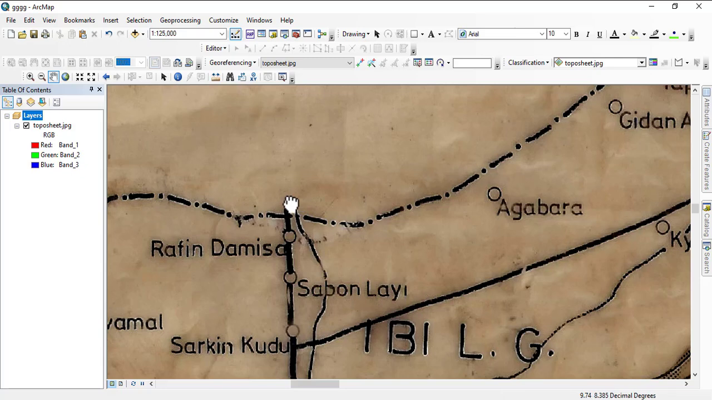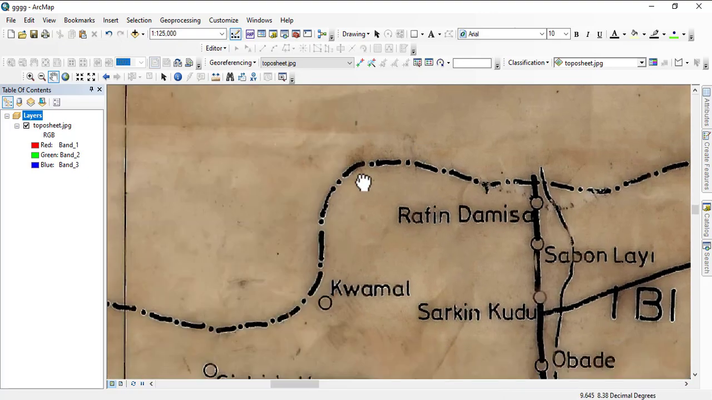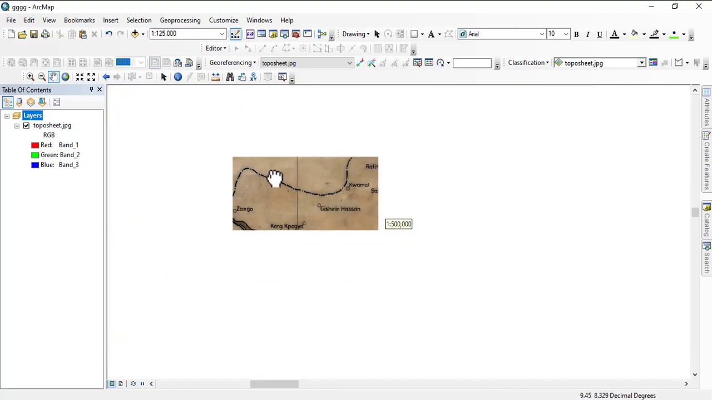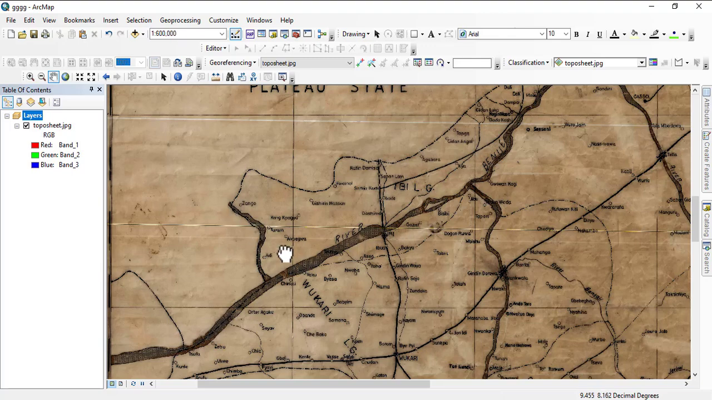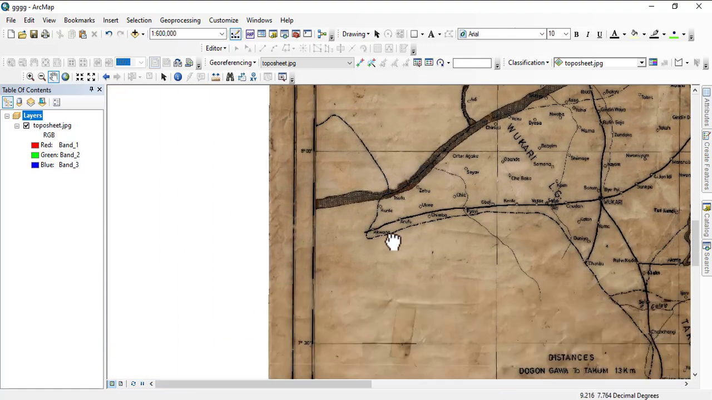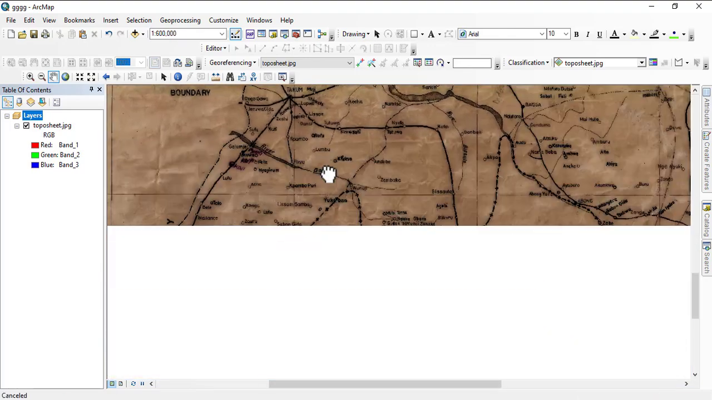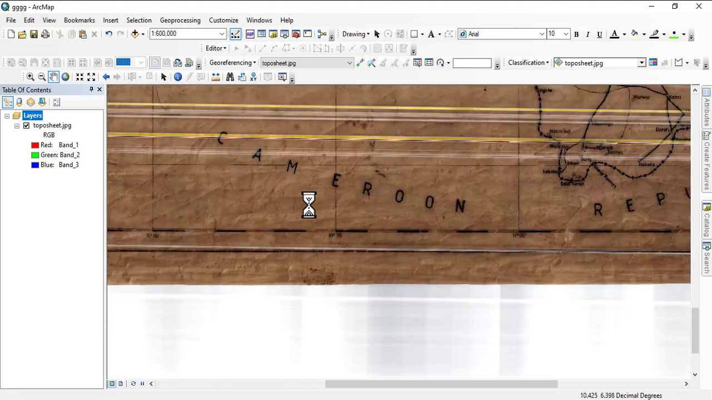Now, you can see that there's dash dot, dash dot. So observe it around so that you understand the dash dot. If you see now, these are all state boundary. This state boundary reaches